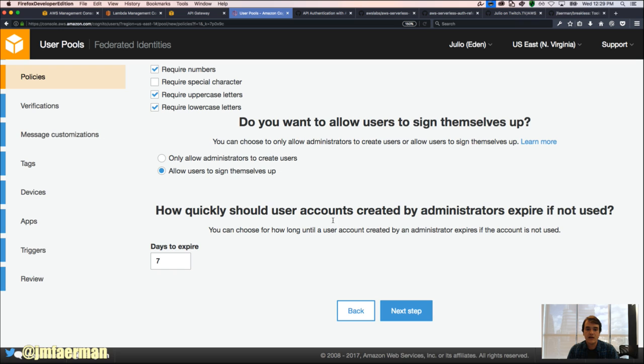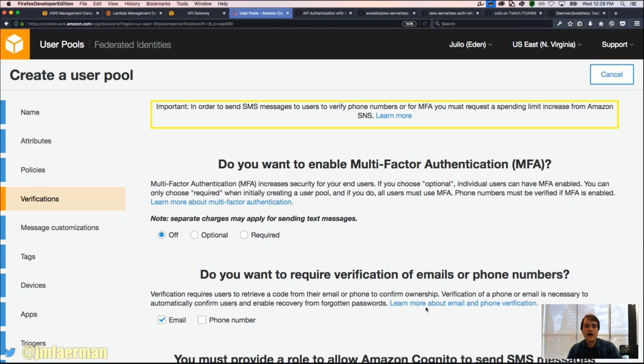Should they be expired if they're not used? If someone creates an account and nobody claims that account, it's deleted within the week. Okay, and for verifications,